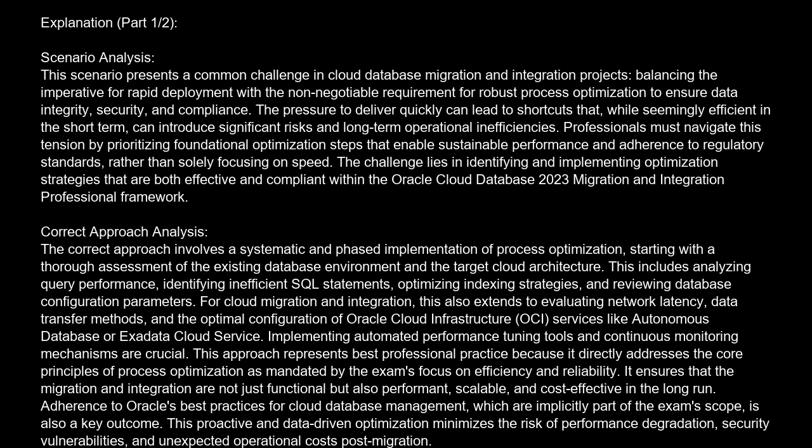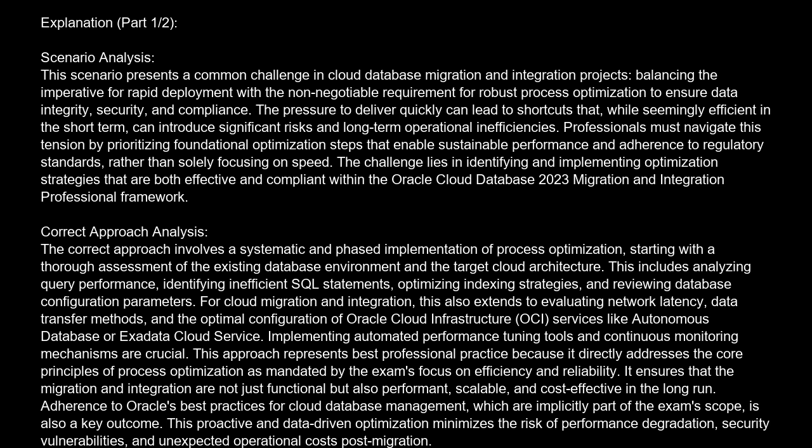OCI services like Autonomous Database or Exadata Cloud Service, implementing automated performance tuning tools and continuous monitoring mechanisms are crucial. This approach represents best professional practice because it directly addresses the core principles of process optimization as mandated by the exam's focus on efficiency and reliability. It ensures that the migration and integration are not just functional, but also performant, scalable, and cost-effective in the long